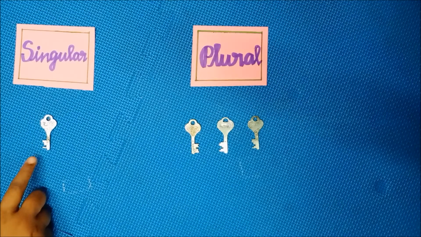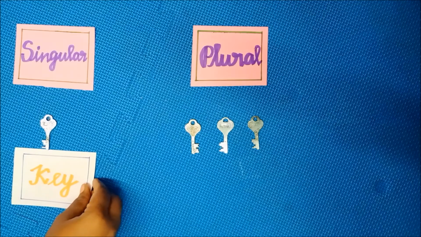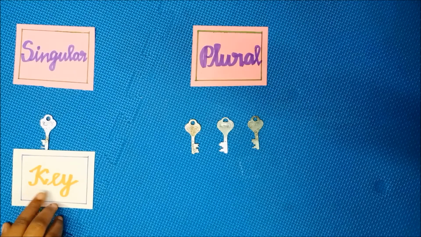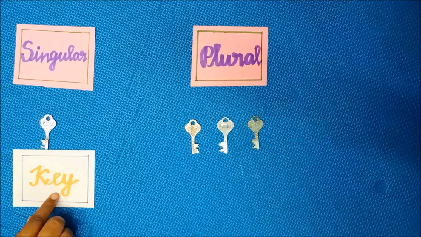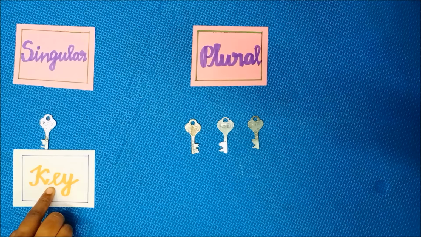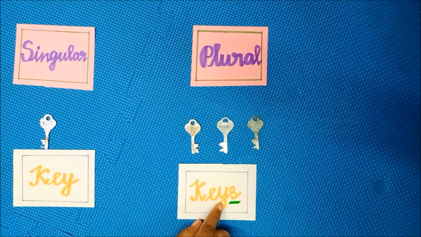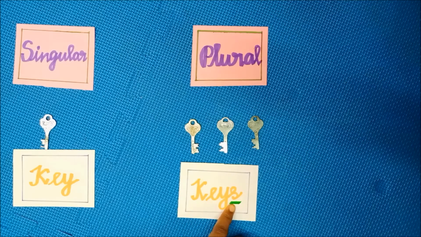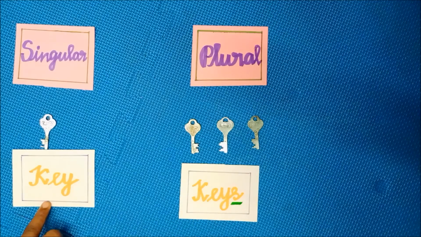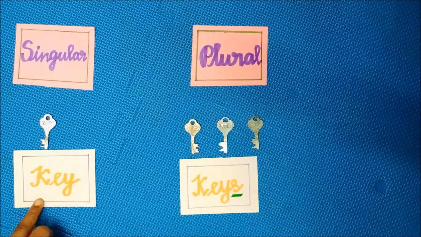Look at the thing, what is it? It is a key. See the spelling for key. K-E-Y. Key. Key ends with Y, and also you have to look at the letter before it. If the letter before is a vowel, A-E-I-O-U, what do you have to do? You have to add I-E-S or S? Yes, very good. You have to add S, because before Y a vowel letter is present. So you simply add S, not I-E-S. Key, keys. The plural form of key is keys.